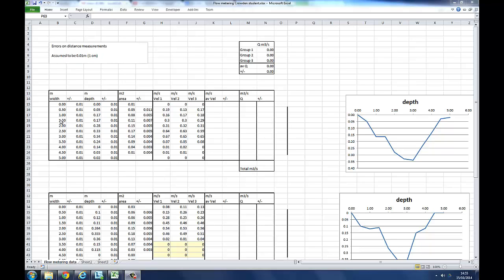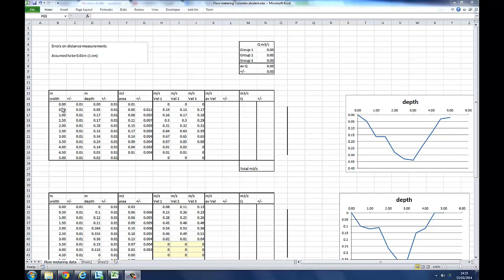If it's not exactly horizontal, then there's errors because of that. So I've put down an assumed error of 1 centimetre on each of these measurements. It's not a percentage of the measurement, it's actually a 1 centimetre error. And largely that's also because of the resolution of the tape as well. Anyway,